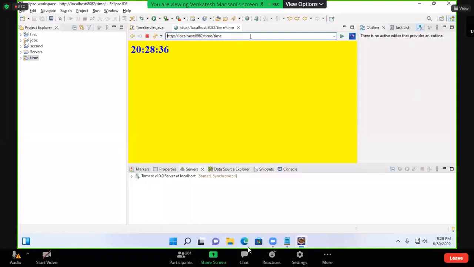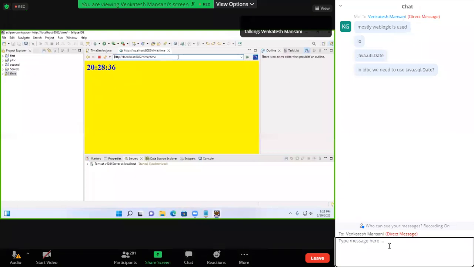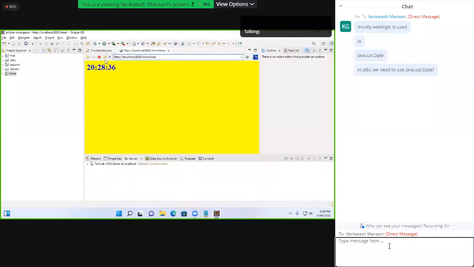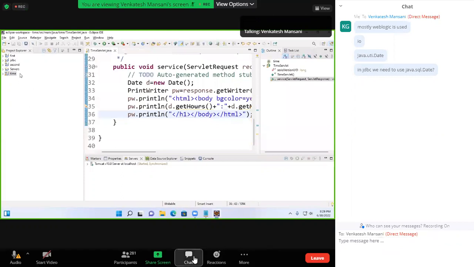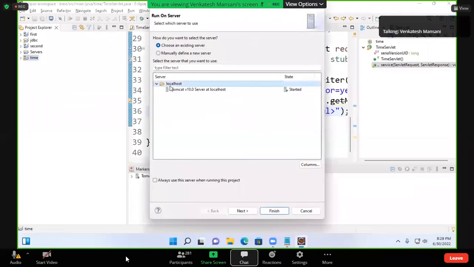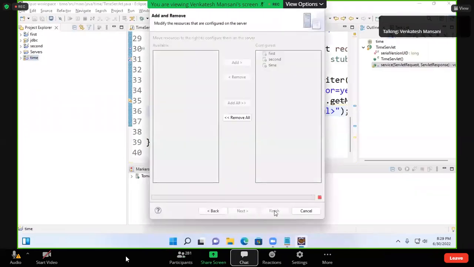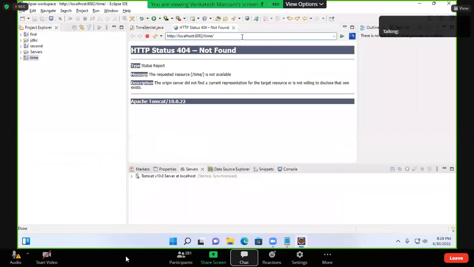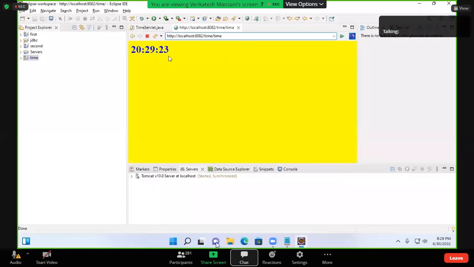This is system time. If I refresh, I get the latest time. Again if I refresh, the latest time. My request passed again, the service method is called again, and the object is created again. Even if I run again, only the latest time comes. Actually the Date class has stopped being used in real time. Local time they are using. That is the reason it is deprecated. See, 8:29:23. Again if I refresh,